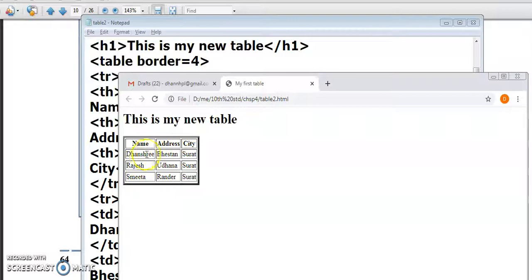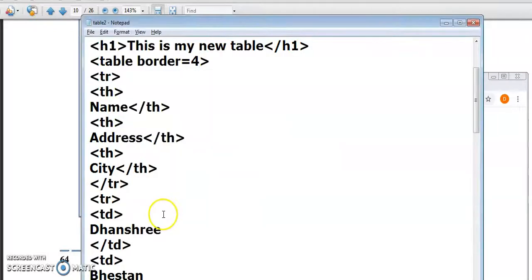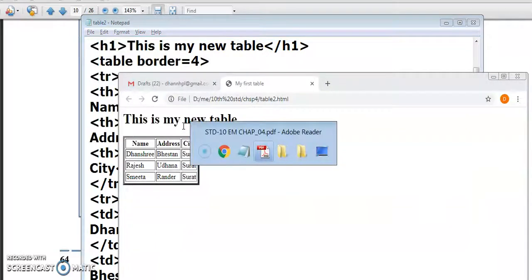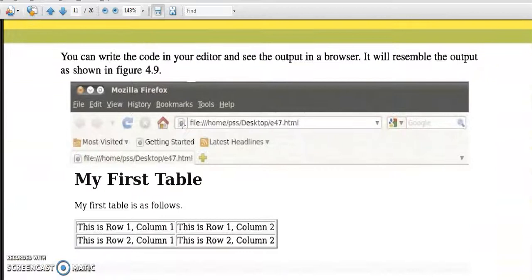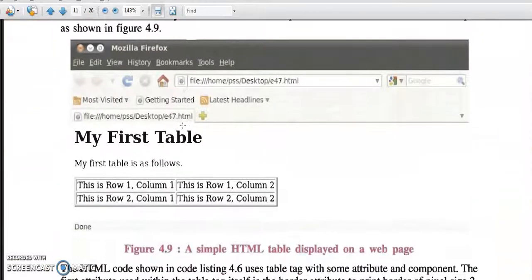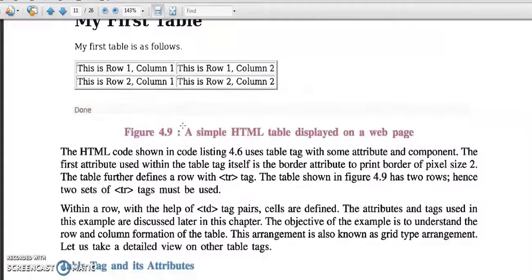Are you getting this point? The border will be bold. So this is the simple coding of how to create a table. This is our row 1, column 1.